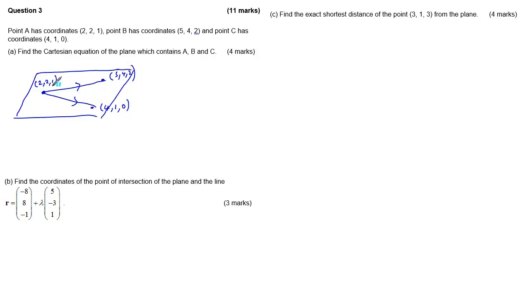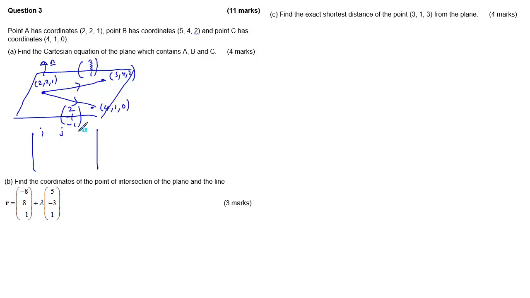So if we look at the directions here, this would be (3, 2, 1), and this direction here would be (2, -1, -1). So if we want the normal to this plane, we can cross these two. Now this is the calculator paper, so I could do this cross product on the calculator, but I'm not going to here. So